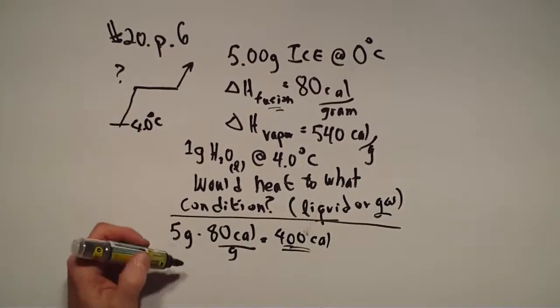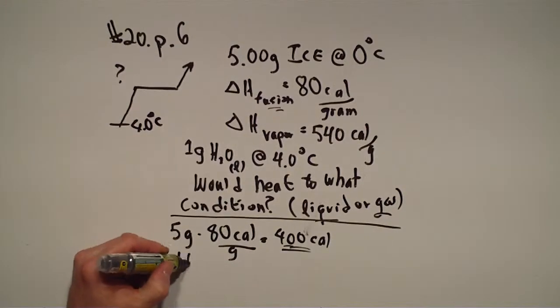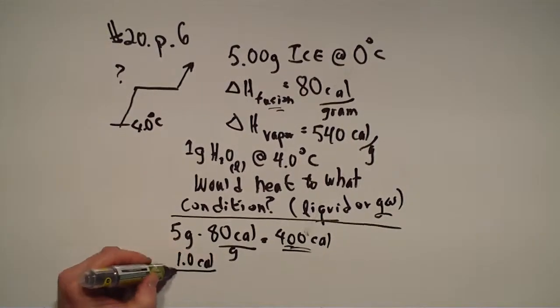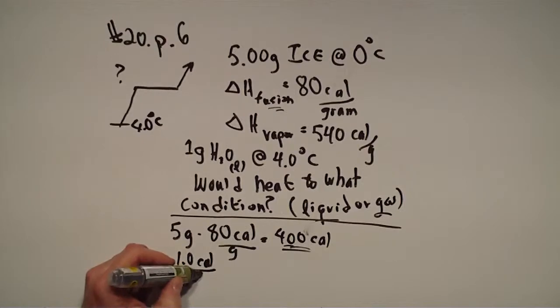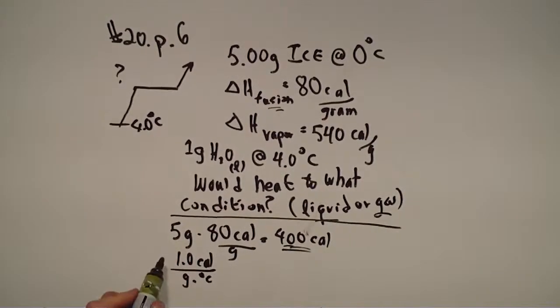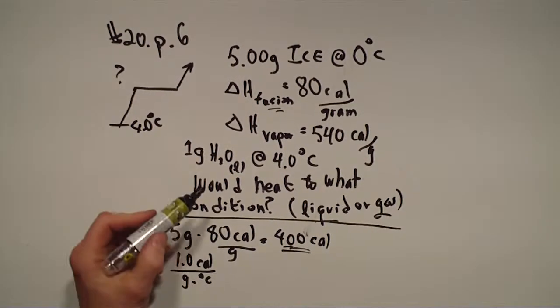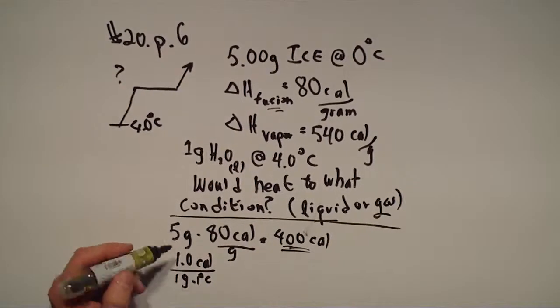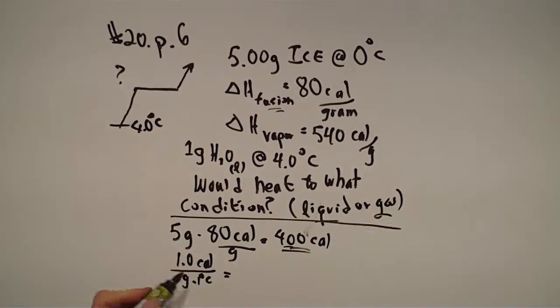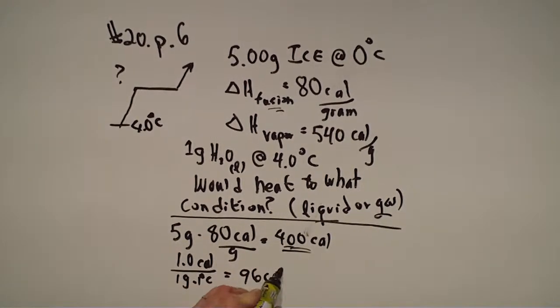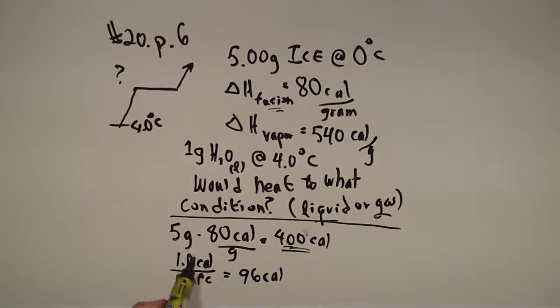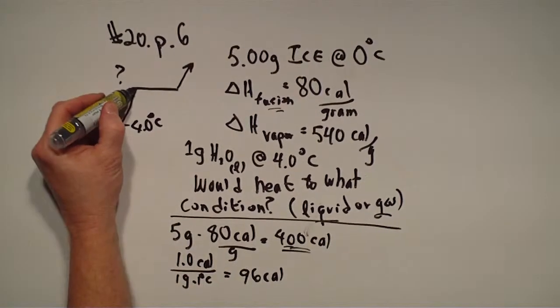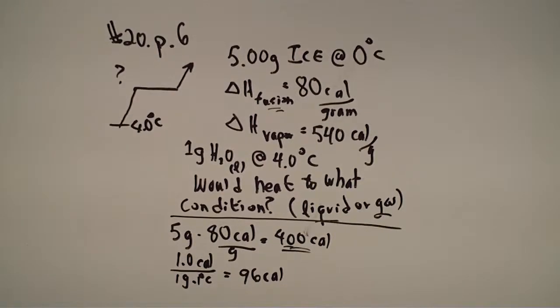And since water has a heat capacity of 1.0 calories per gram per degree Celsius, and we only have 1 gram of water, I can see it's going to take about 96 calories to bring that 1 gram of water up to the boiling point,